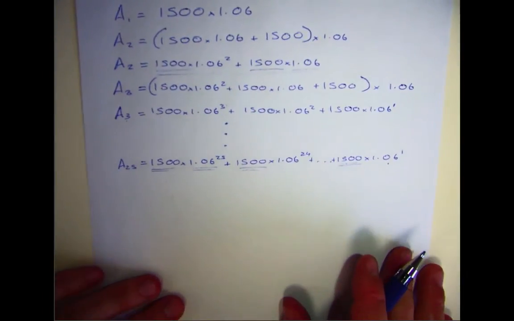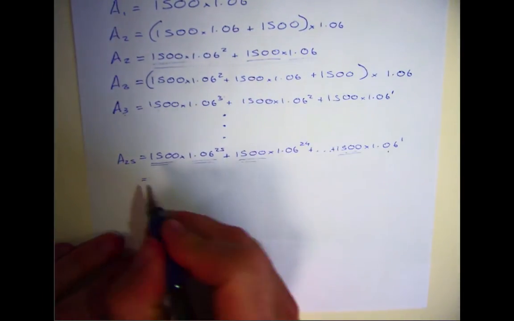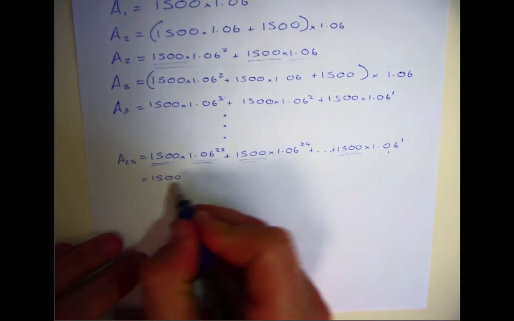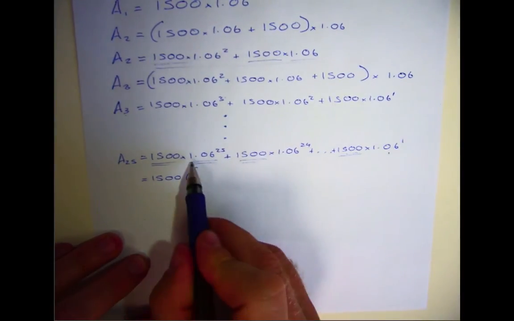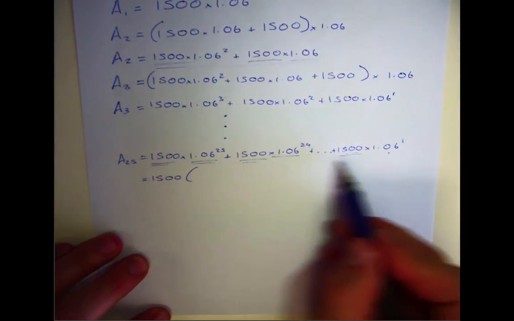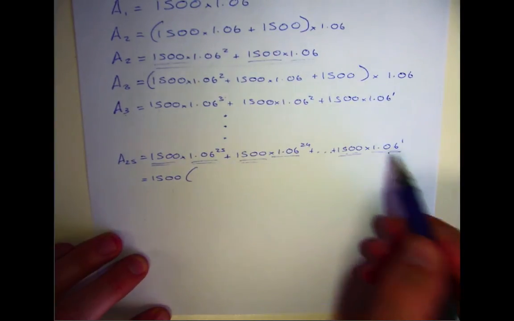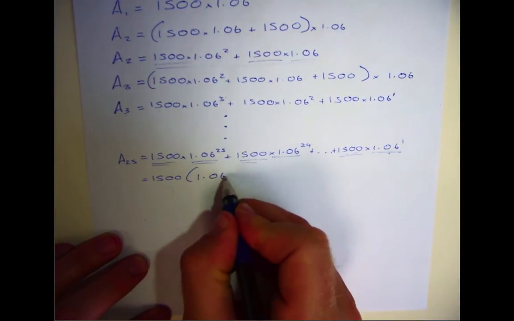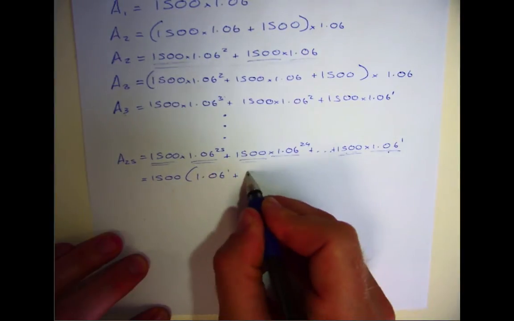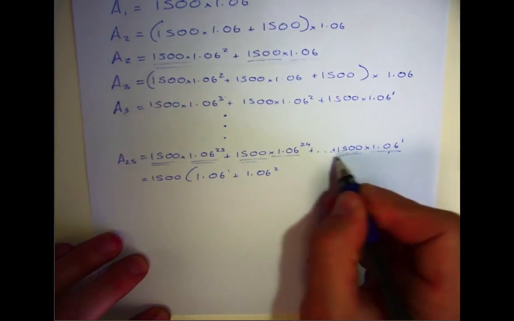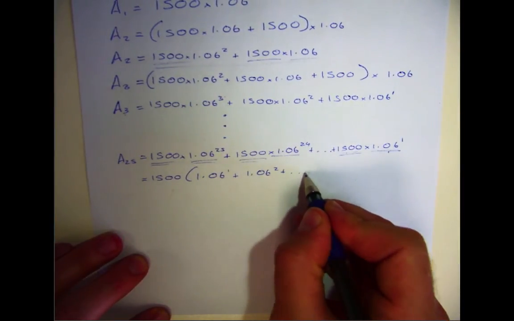Okay, so how do we solve this? Right, we have 1,500, take it out the front, and we have this, all the way down to 1. Now I'm going to write this one first. 1.06 to the power of 1, plus 1.06 to the power of 2 is in here, plus